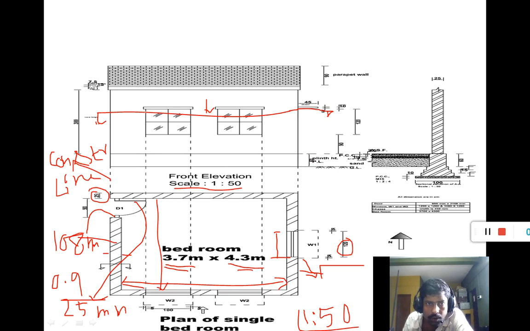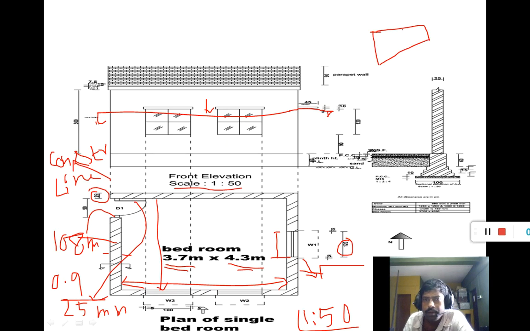So the window dimension, the height is 1.5 meter. This is the chajja dimensions. Here the width of the window, this is the parapet. The parapet section, this type of sections are used.